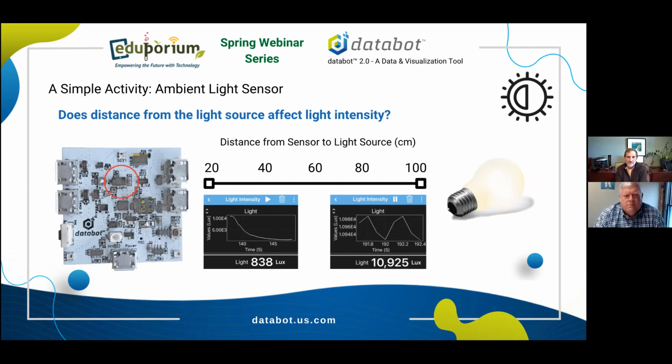This is an example of a simple activity. The little screens there are actually out of Vizeey. You can see the light intensity being displayed. And the activity is very simple, asking the kids, okay, light has different characteristics. What are some of those? Well, one of those is that light becomes fainter, less strong as you go away from the light source,